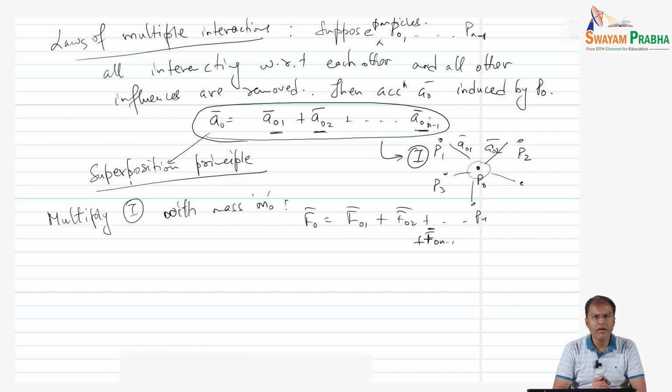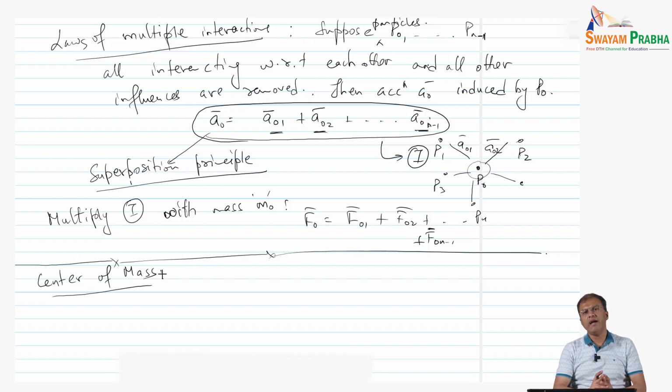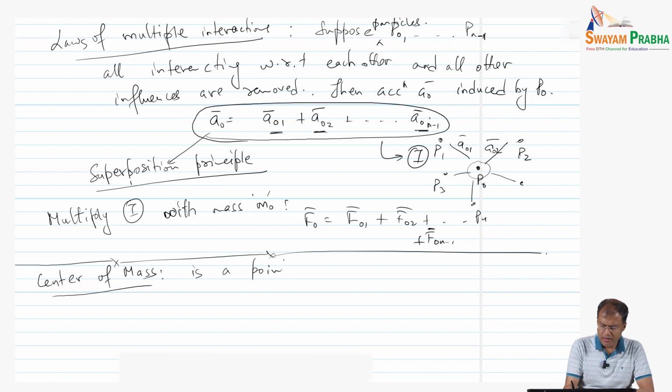Okay. So from here we can start to derive some useful concepts. The first important concept is the concept of center of mass of a particle. The center of mass in layman's terms is nothing but the weighted position of the particle in an environment in which it is interacting with other particles. Okay, so center of mass is a point in space, well, typically 3D space,